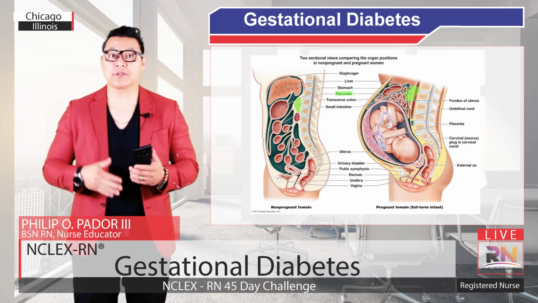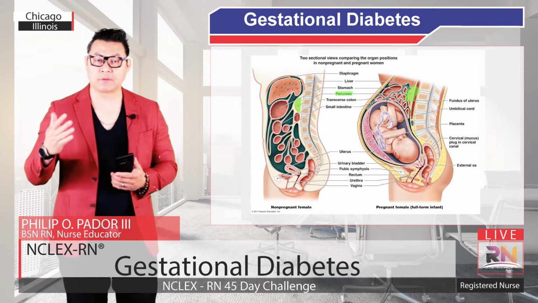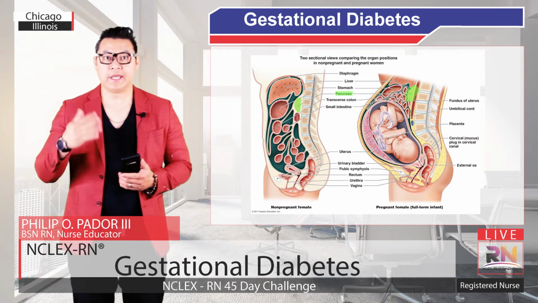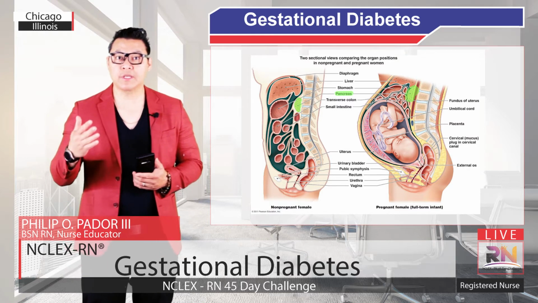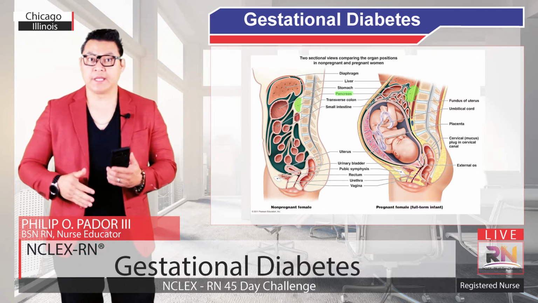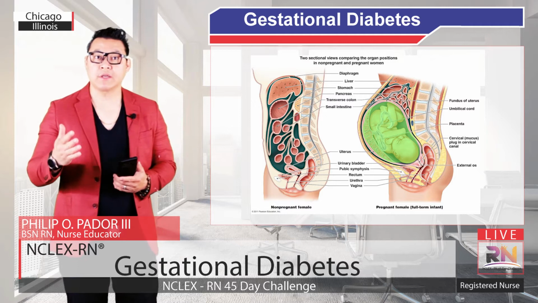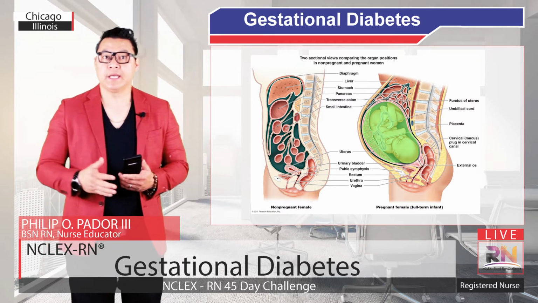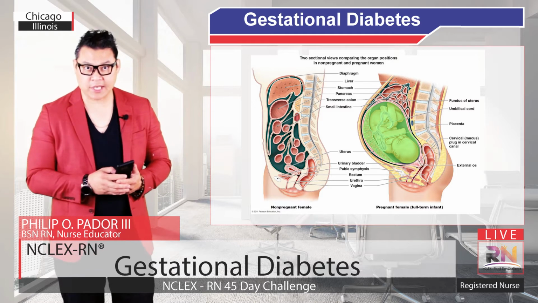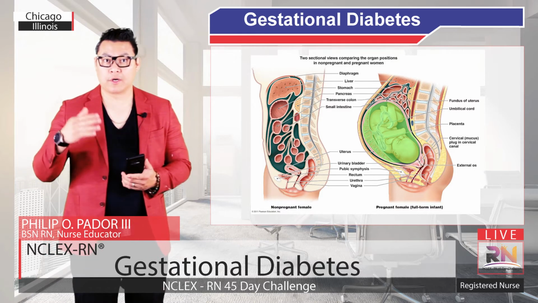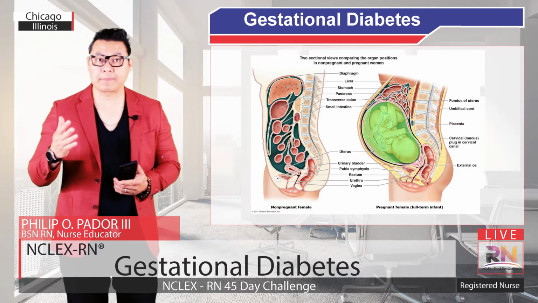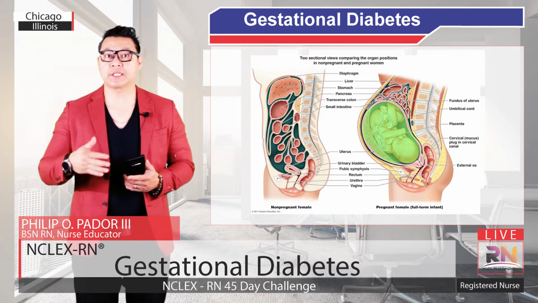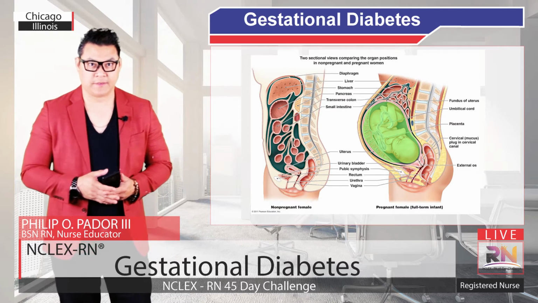The pancreas is an organ responsible for producing the hormone insulin. And here are the target cells which insulin will eventually target. And here's the fetus, which is inside the uterus of the pregnant lady. During pregnancy, there is beta cell hyperplasia. Beta cells, or B cells, are cells in the pancreas that produce and secrete the hormone insulin.